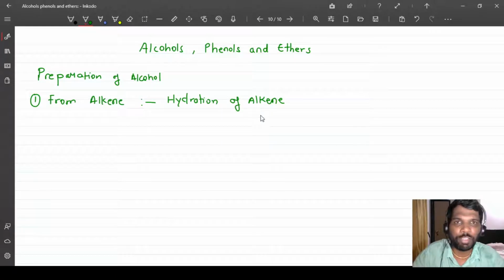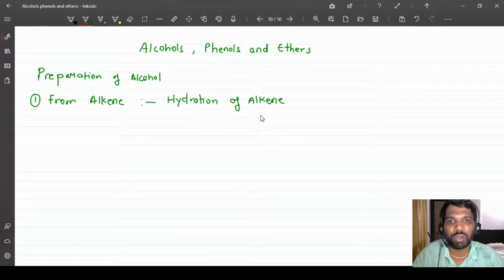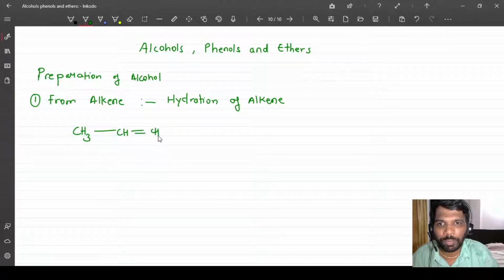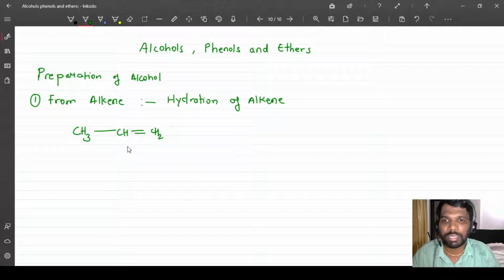Like whenever we feel thirsty, what do we do? We just drink water, we consume some water. What is happening? The addition of water is happening to our body, right? Same way, what we are going to do over here is add water to the alkene. In simple terms, if I want to show you what exactly hydration is, I'll take the simplest alkene, CH2=CH-CH3, the name of this alkene is propene, and I am adding a water molecule to this.